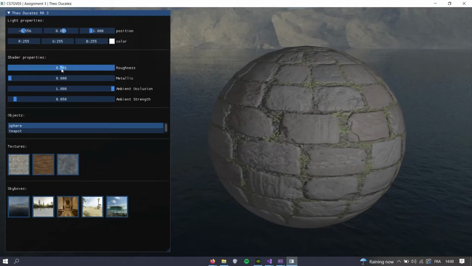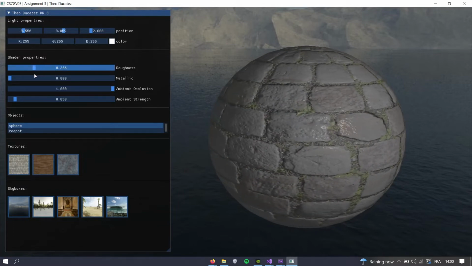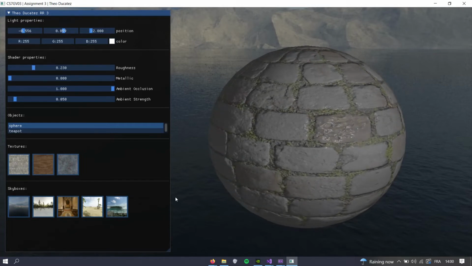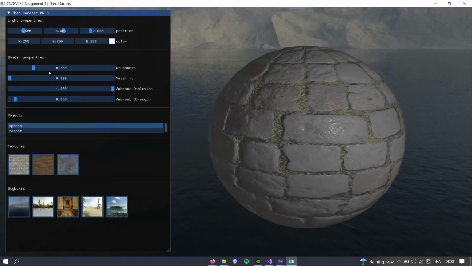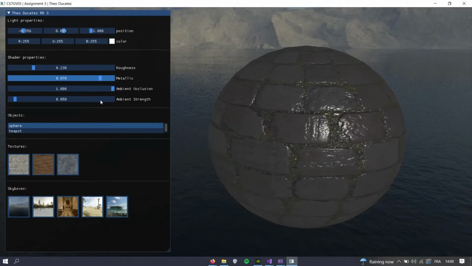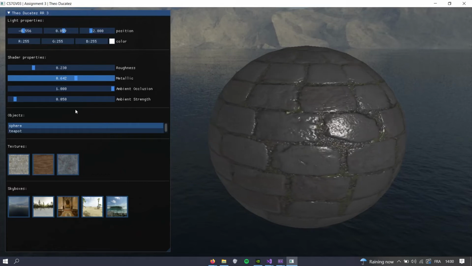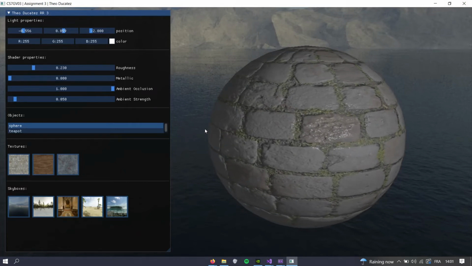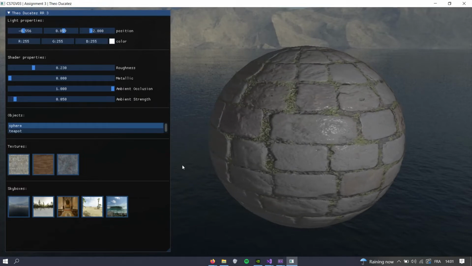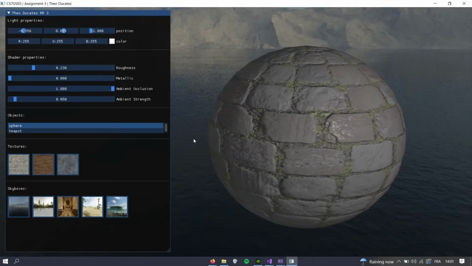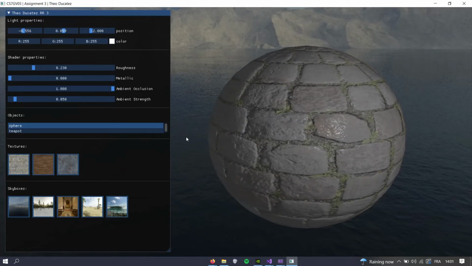We can change the roughness of the material. This is a PBR shading system, so it works with roughness and metalness. So we can increase the metalness of it to give it a more metallic aspect. So the objective of this video was also to make the object as realistic as possible. So introducing a PBR lighting system and PBR shading system is the best way of having a very realistic view